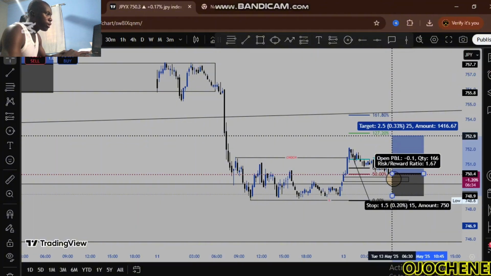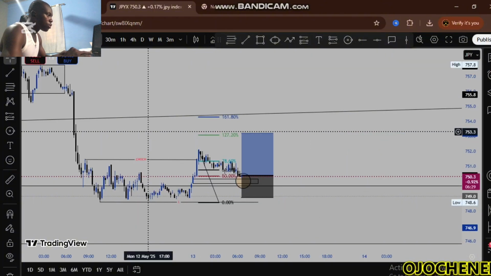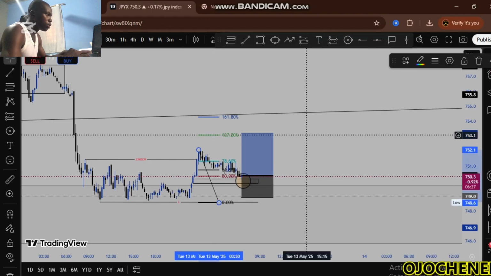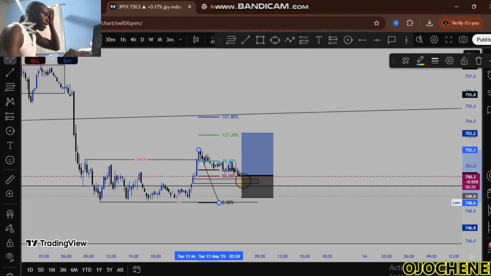So my TP1 will be around here. So this is going to be my TP1, around here. My TP1 will be around here. So now, since I have it here, I'm going